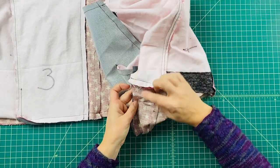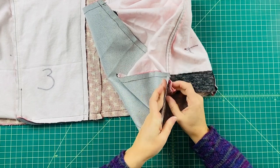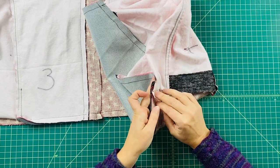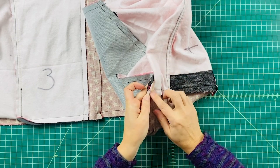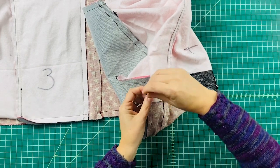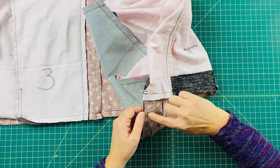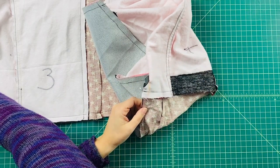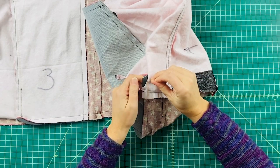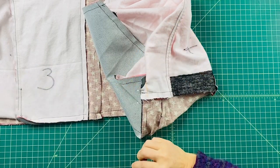So again, this too needs to come down and then fold back on itself. So if we look down from the top, it comes down and folds back on itself so that this extension is now fully extended. And we're just going to pin this in place. So this time, our seam is going to extend further, but it's just going to stop right here at that corner. It doesn't actually extend up into the...